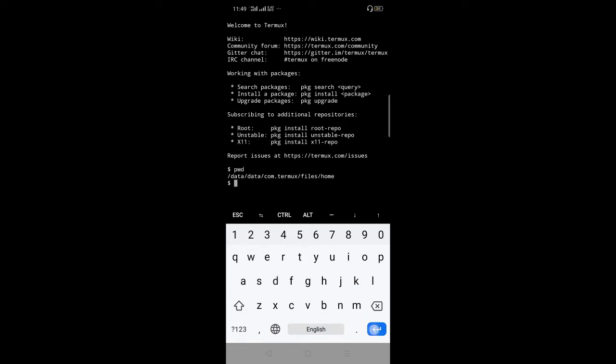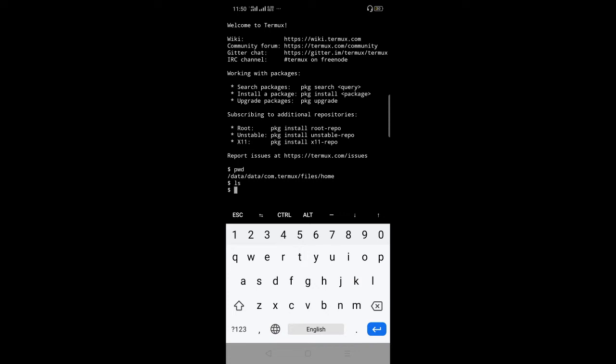Type pwd and hit enter, and as you can see we are currently in the data.com.termux files home directory. Now again hit the ls command, and you can see no folder is returned by this command. So it means that there are no folders or files in the home directory.